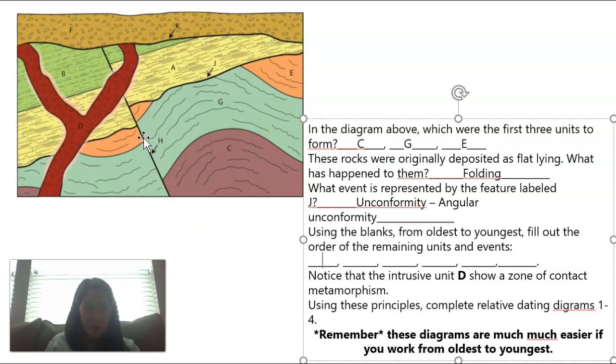Sure, it could have been, but H is also cutting through A and B. So H must be older than A and B. Could it have been J? Hopefully you're thinking that it was, right? J is the unconformity that is laying above E and G in this case, and it seems to be right below A. So J would be next, A would be next,